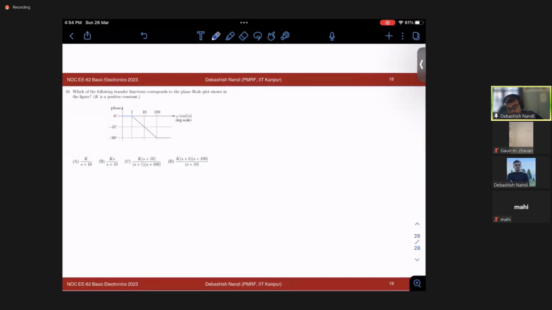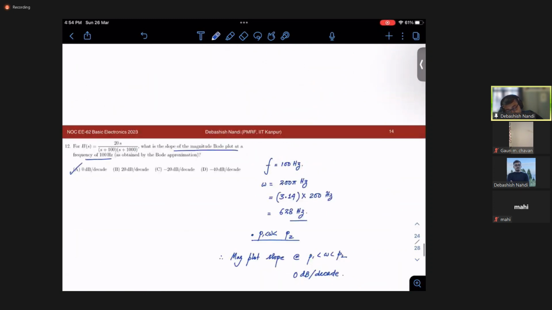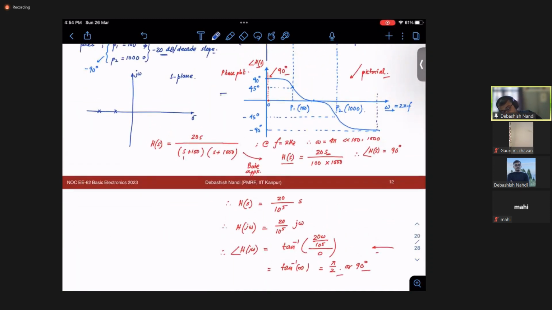Okay, so again, a phase plot is given. Interesting, a phase plot is given, and we need to figure out the transfer function where k is a positive constant, right? How will you do that? So when I discussed this plot,